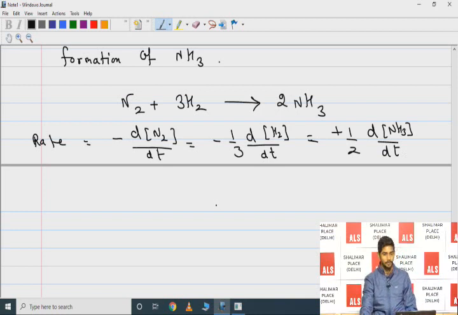Okay. So as they all are equal and I have to determine the value of dH2 by dt along with the dNH3 by dt. So first of all, I'll pair up